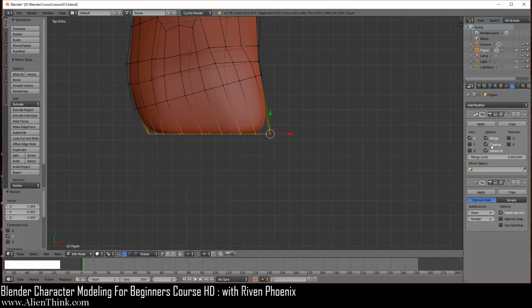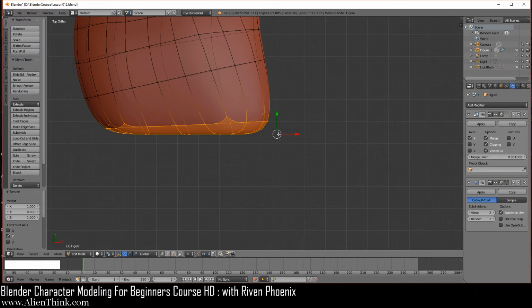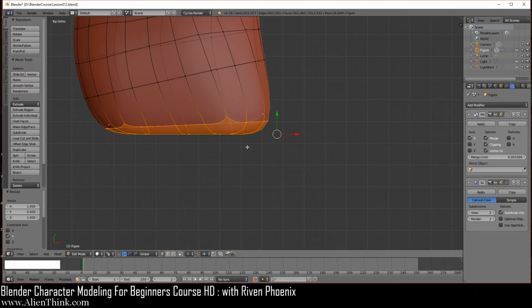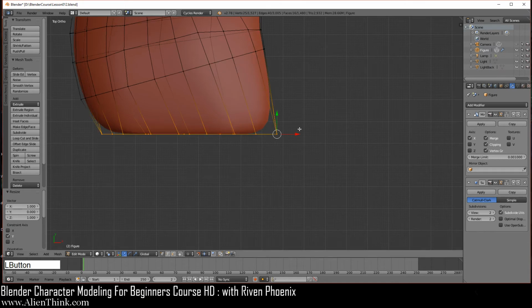Okay. Oh yeah, one other thing. Notice that when you click on this, this is really where the active element is, right? The cursor appears here. When you have this off, this is where it really is, but it doesn't show it in the subdivision, but it works the same way. So just be aware of this.